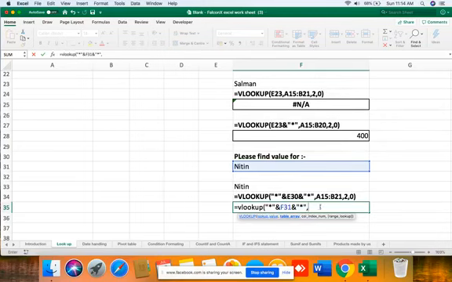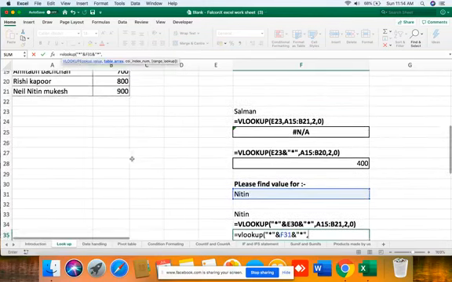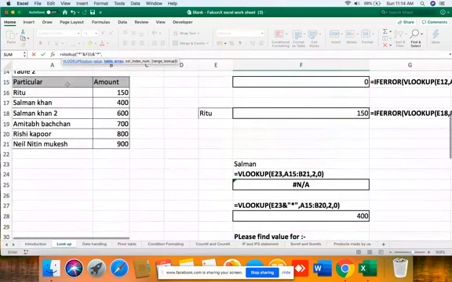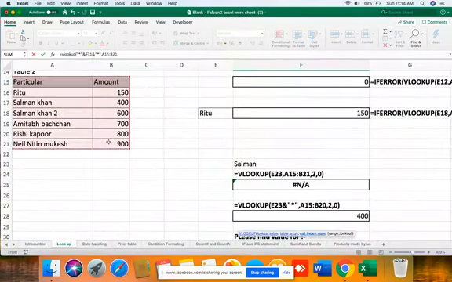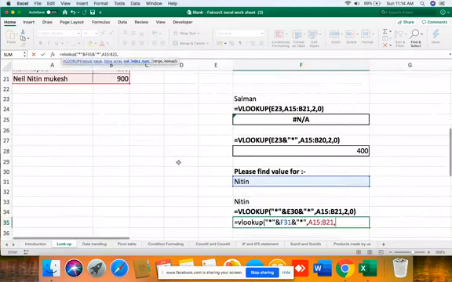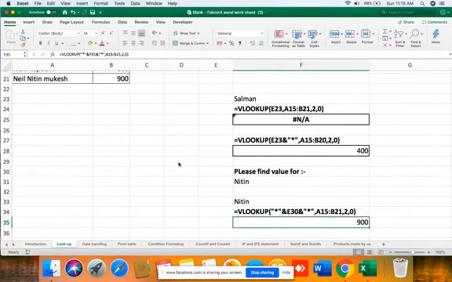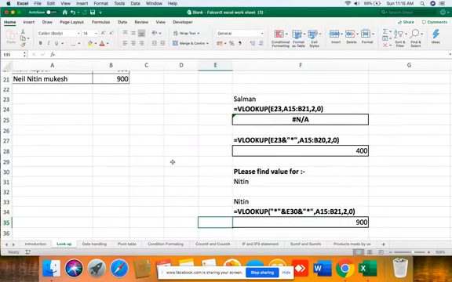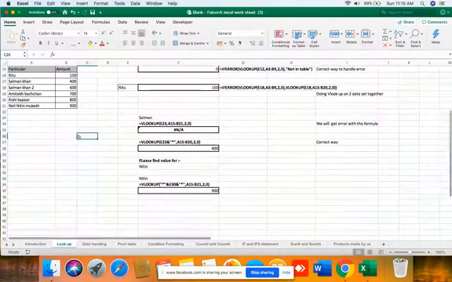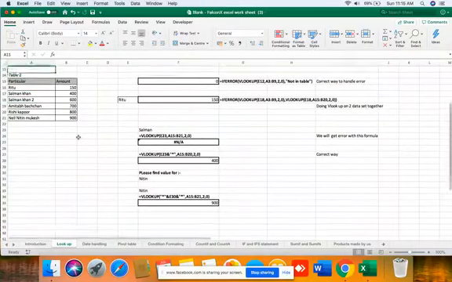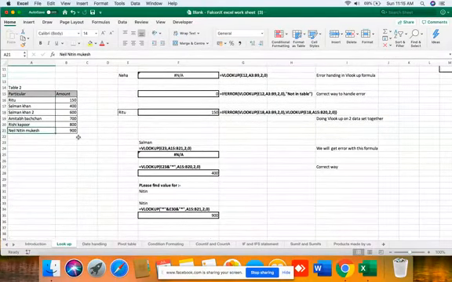Now here is the formula. Now table array, table array 2, because we are taking the second column, and we got 900. This is the power of the asterisk sign wildcard. Now here one more thing to note, as already said, it will take the first value. Even if there is no value before Nitin, then also it will consider it.